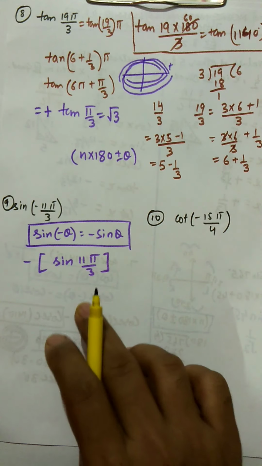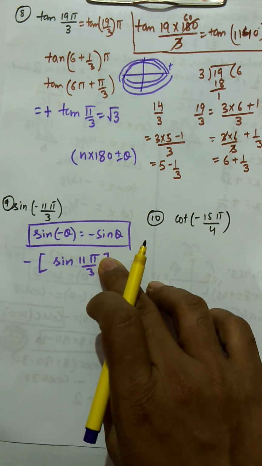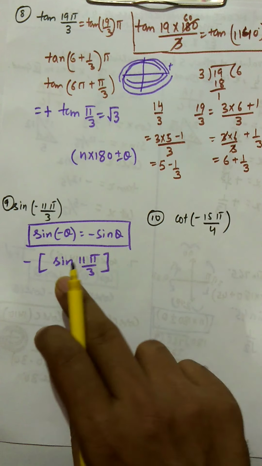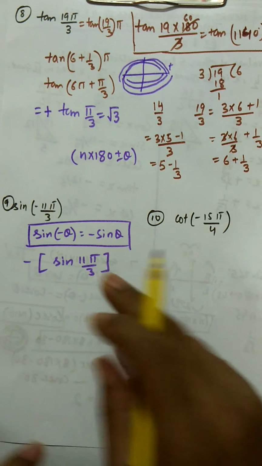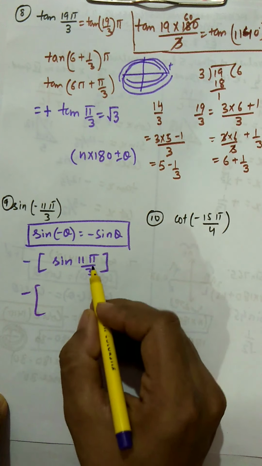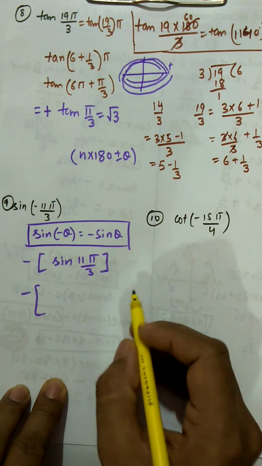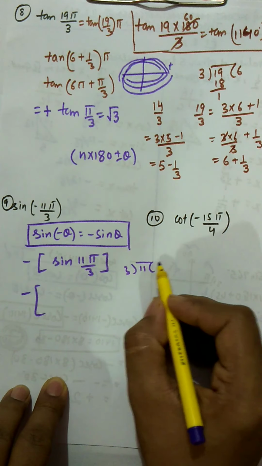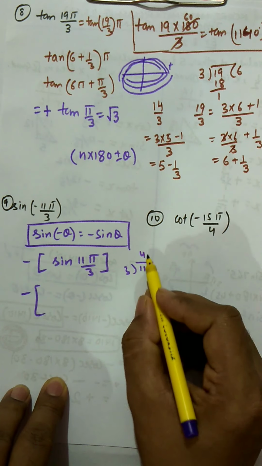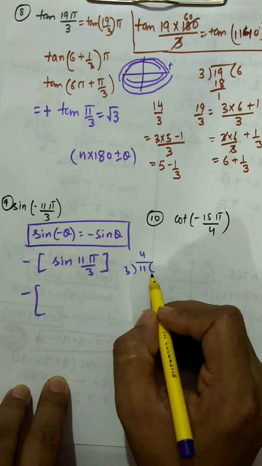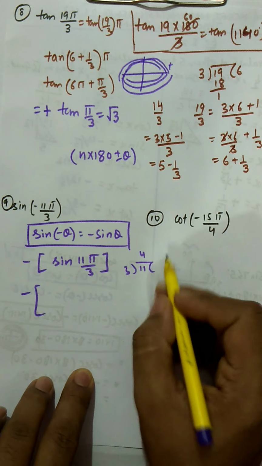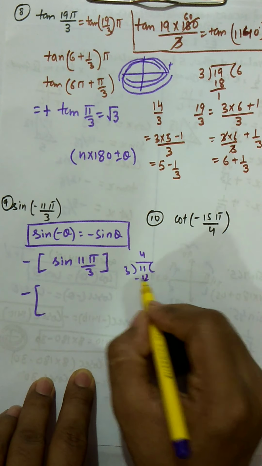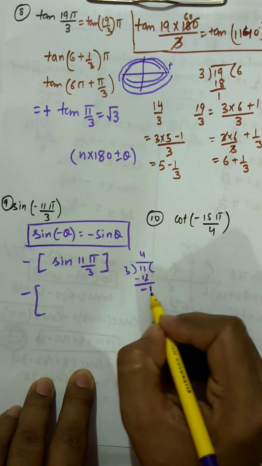Now I have a choice, either I can take pi equal to 180 and then go according to what you did in the first part, or we can simplify in terms of this. So you see, if you divide 11 by 3, I'm doing it for you here. Now this is 3, this is 11, then you can write that as 4 also. Always try to see your remainder should be either negative or positive, but it should be an acute angle. So if I do this, this will be 12. If I do this, this will be minus 1.